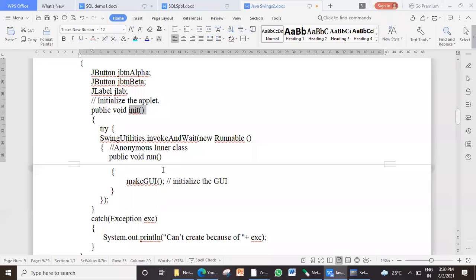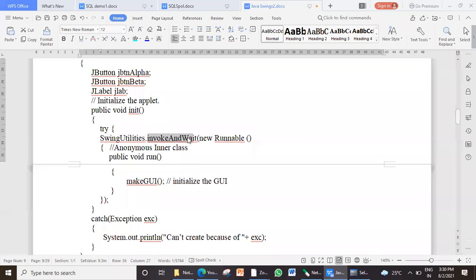We used to call a method called invokeLater. That invokeLater method belongs to the class called SwingUtilities. Now, in case of an applet, instead of invokeLater, we call invokeAndWait. Why do we call invokeAndWait? Because this applet window which will start running should wait till this entire process is over. That's why we call it invokeAndWait.